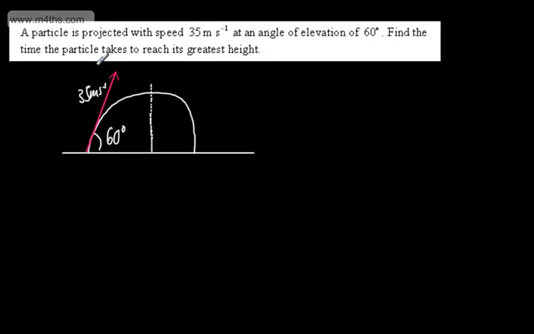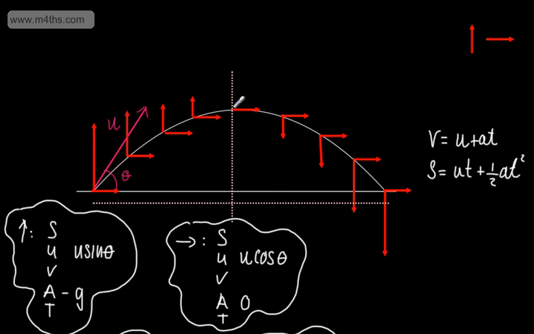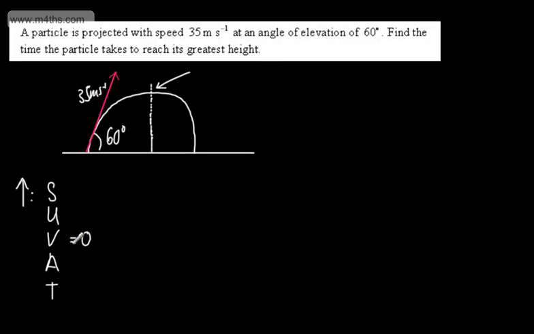So we've got this particle, we're given the information here. I'm going to use SUVAT. So if we want the greatest height, this is the greatest height at the top of the parabola, and collecting the information, if it's the greatest height, the vertical component of velocity will be equal to 0. We saw that on this one right here. So here the vertical velocity is 0, and we can simply plug that in. We know that the acceleration is negative g, and the initial velocity is going to be 35 sine of 60